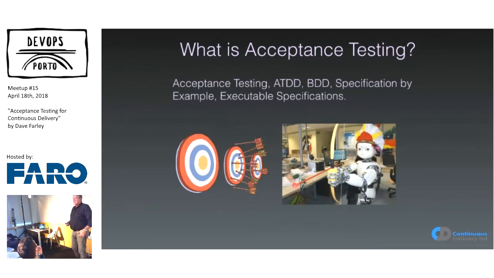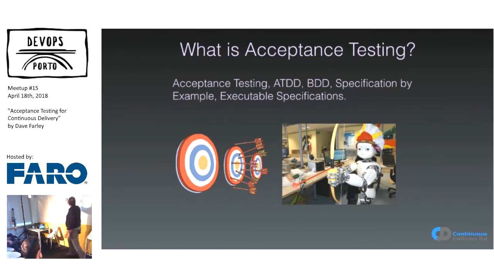There's a lot of words in this space. There's a lot of terminology that I use in this space. I can give you nuanced descriptions of what's different about each of these things. I think for the purposes of what we're talking about this evening, you can consider all of these things to be synonyms. So acceptance testing, acceptance test-driven development, behavior-driven development, as it's commonly understood. Behavior-driven development is actually about both acceptance testing and test-driven development in terms of the ideas, but the tools that people tend to think about when you say BDD, like Cucumber and SpecFlow and those sorts of things,